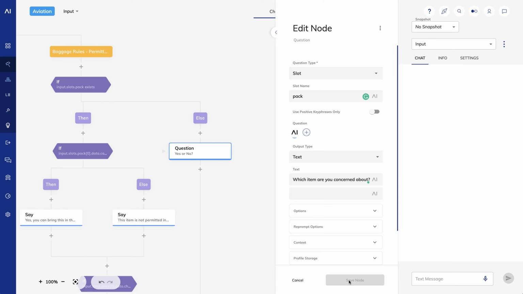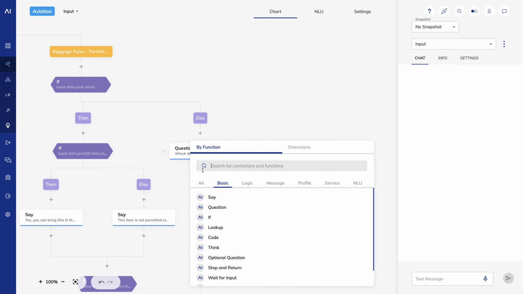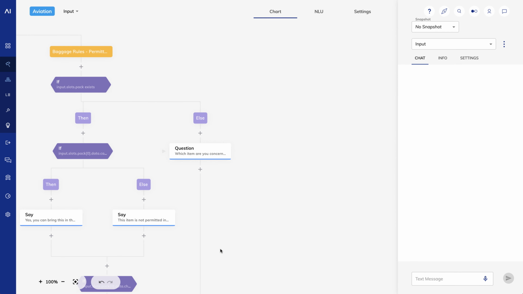Now what? Do I need to reproduce all of the logic I have in the then node, or is there a way I can make use of everything we just created? There are a couple of ways to handle this. I'll show you a new node type that can help. Under my question node, I'll add a think node. Think nodes let you send an input into the flow as though it came from a user.